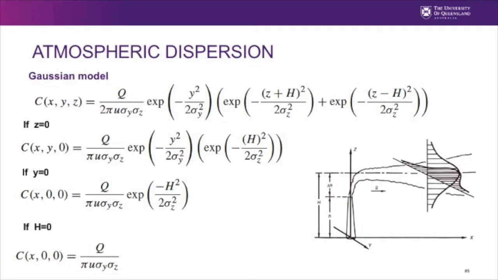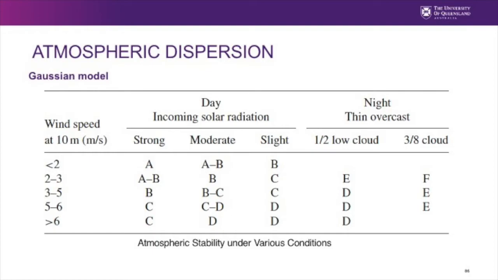We can simplify even more when we say that the source emission is at ground level, which means that the height will be equal to 0. So all the exponential term on the right side of the equation will be equal to 0. And we're going to come up with only the concentration as a function of the emission rate of the pollution source divided by the average wind speed, and multiplied by the standard deviations of the plume in the directions y and z and pi. So to calculate or find out